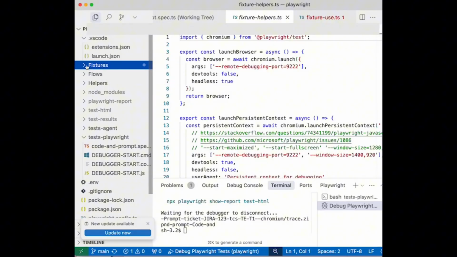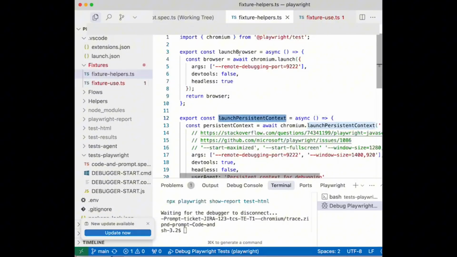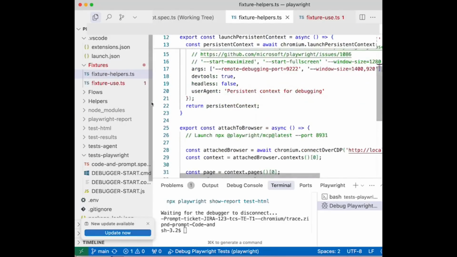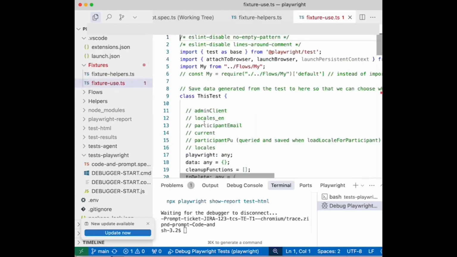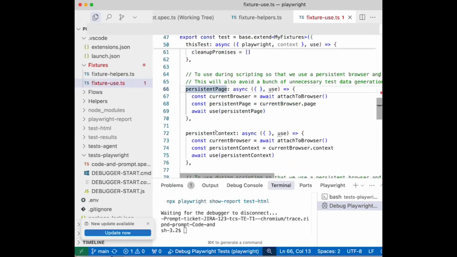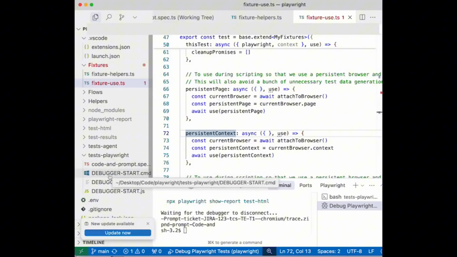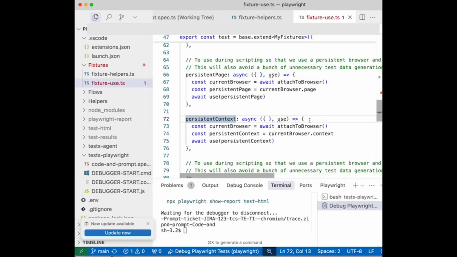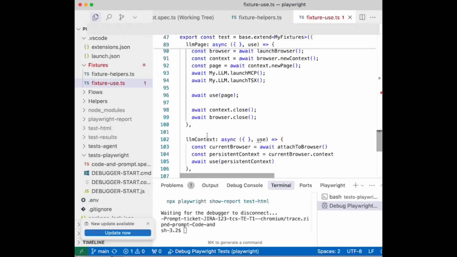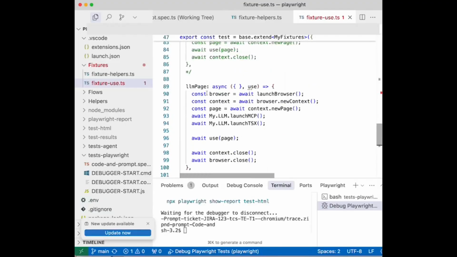teardown. You can launch a persistent context if you tell it that you want a persistent page and a persistent context. Then it will know to attach to a browser, which you can launch through this debugger start command, similar to a previous video. The new thing is that you can use LLM page and LLM context, and if you use